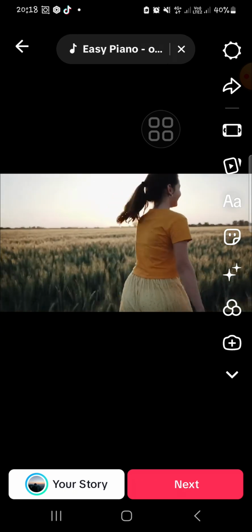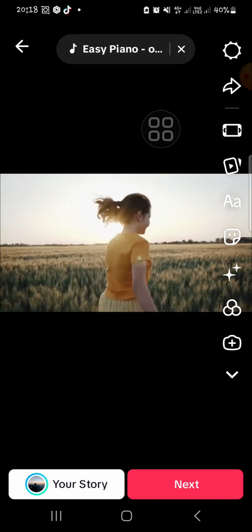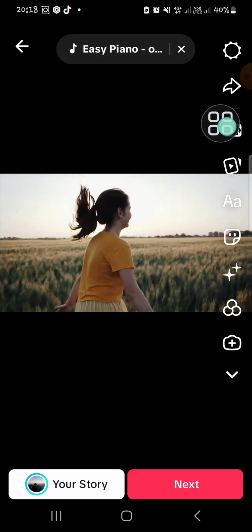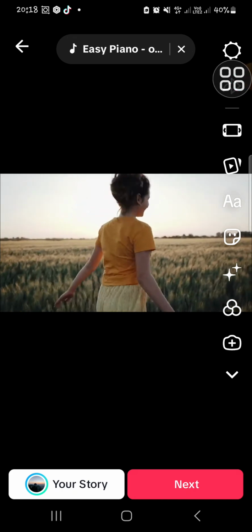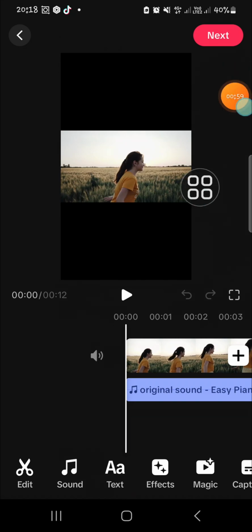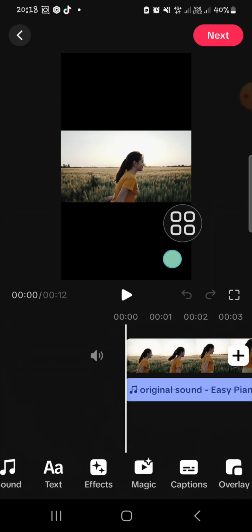And to add camera movement effect or camera motion effect to our video, we need to go to the TikTok editing. We can click on this icon, and then the TikTok editing tools will be opened. And if we want to add camera movement or camera motion effect to our video, we can go to the